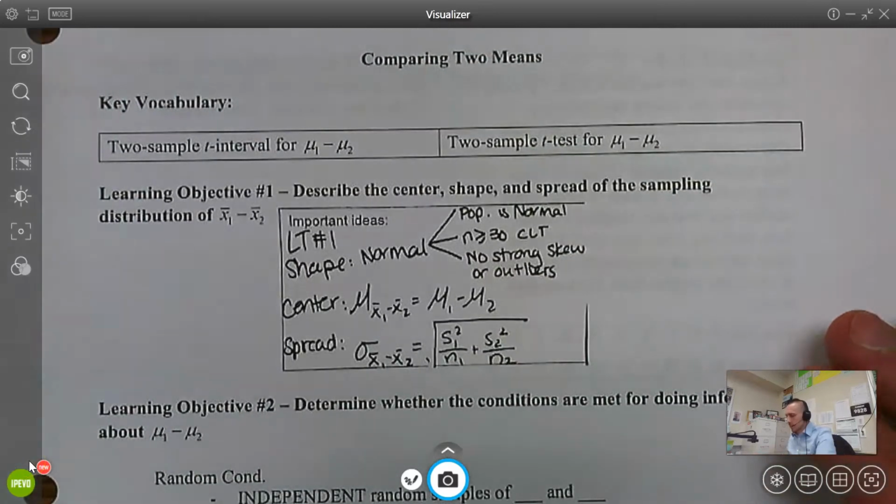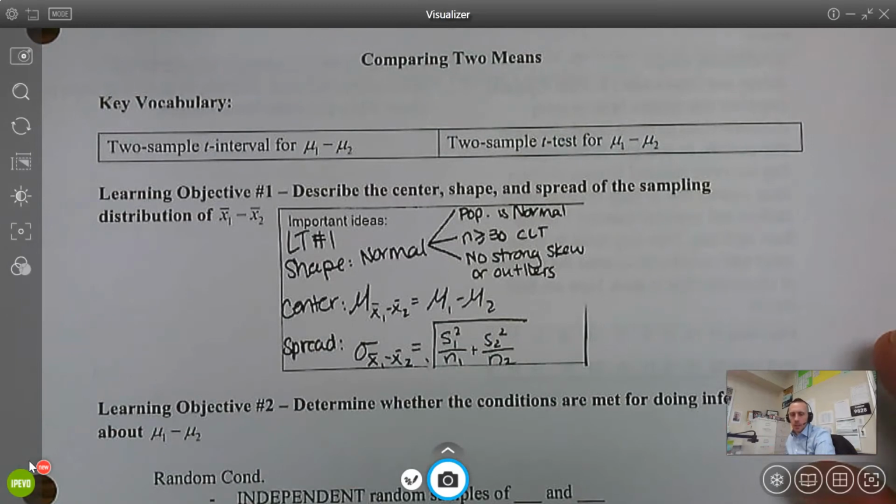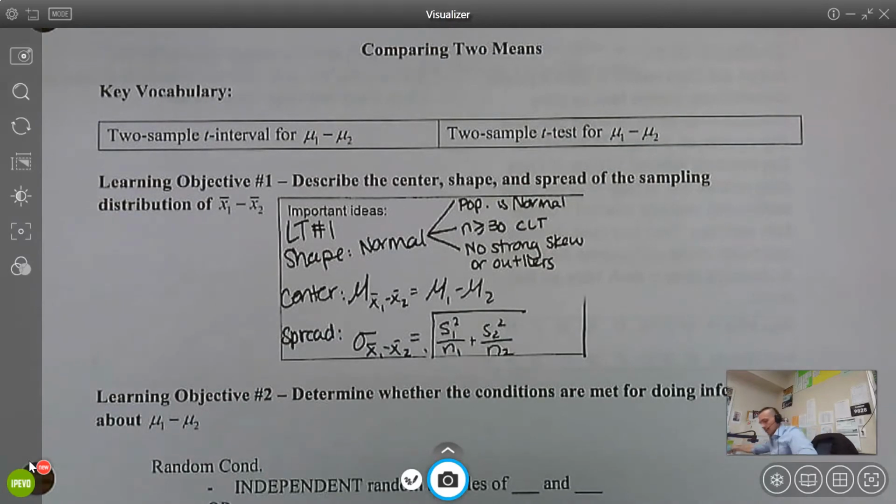Hi, AP Stats. I'm going to cover section 10.2 here in this video. What we're going to be looking at is two sample confidence intervals and two sample tests for means. So going through these learning objectives, if we look at the sampling distribution first, the center, the shape,